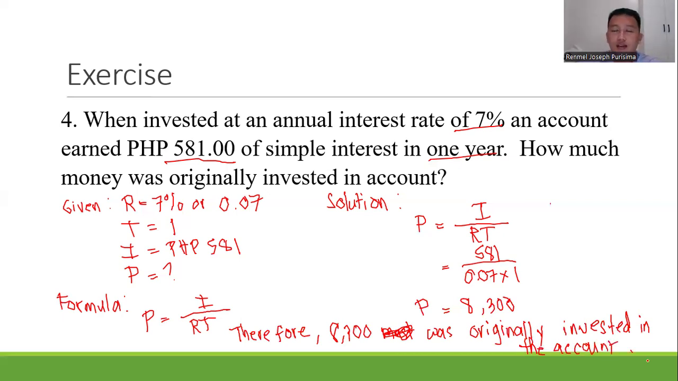That's it for our final example. As a recap, we understand the formula and what a simple interest is. We know how to compute the value of the principal, the value of the interest, the value of the rate, and the value of the time. I hope you all now understand,